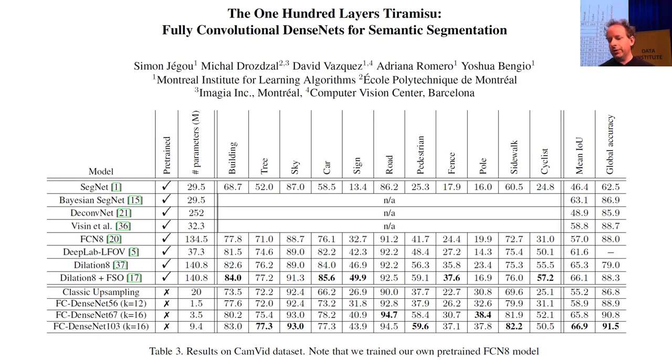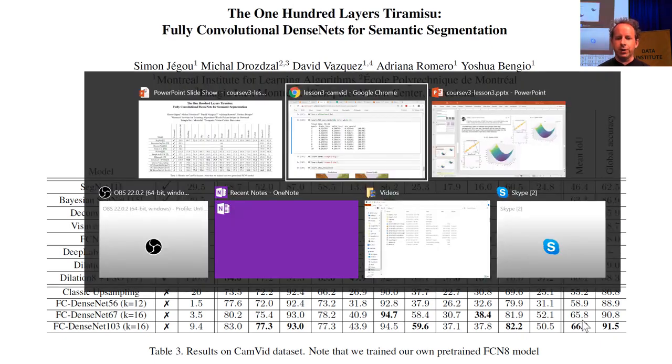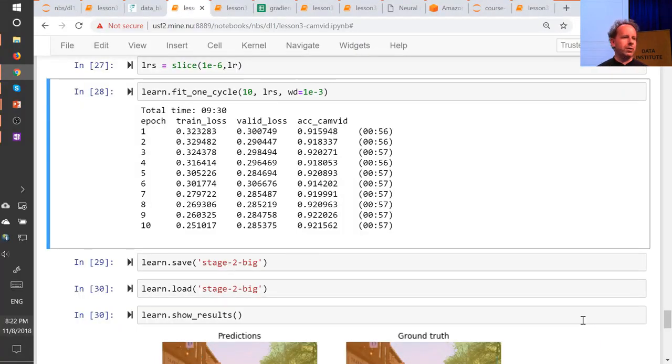So yeah, I'm not going to promise that this is the definite state of the art today because I haven't done a complete literature search to see what's happened in the last 2 years, but it's certainly beating the world's best approach the last time I looked into this, which was in last year's course, basically. And these are all the little tricks we've picked up along the way in terms of how to train things well, things like using the pre-trained model and using the one-cycle convergence and all these little tricks. They work